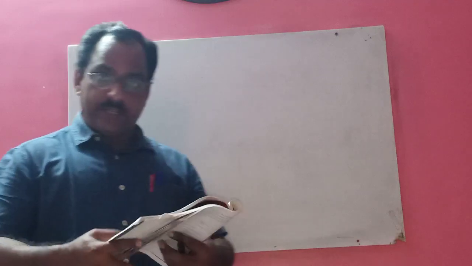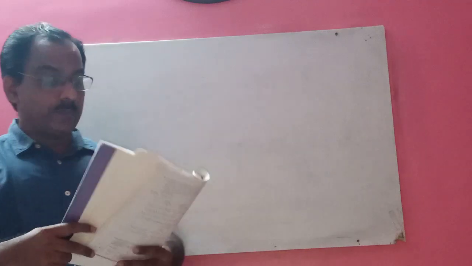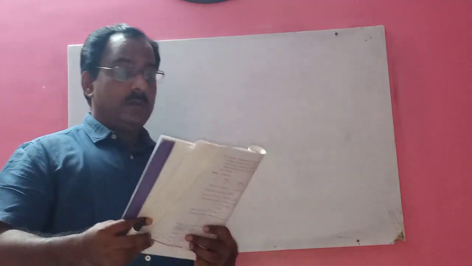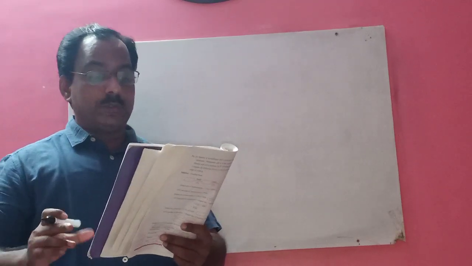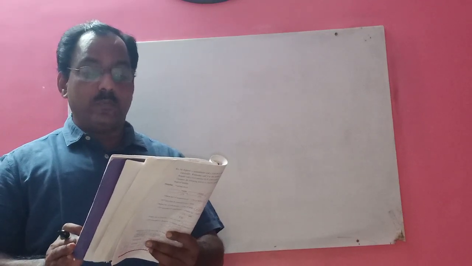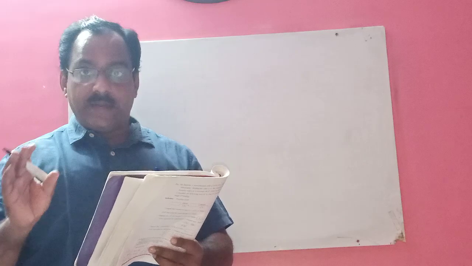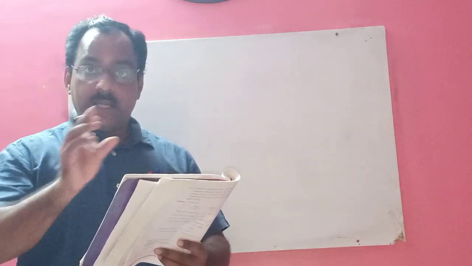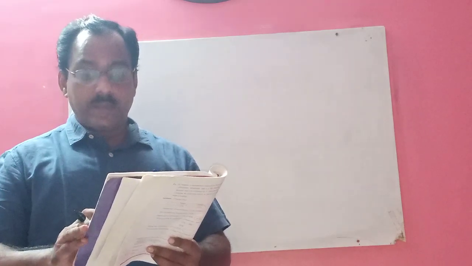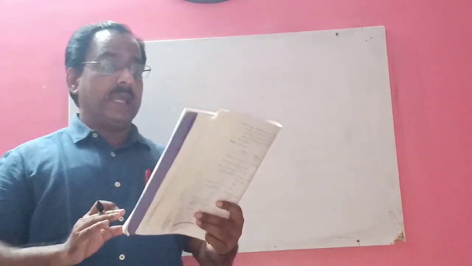So children, just open your textbook, page number 95, exercise 4.2. Question number 1. See what is given. Chetna store paid total GST of rupees 1,05,000 at the time of purchase. Right? 1,05,000 is the GST paid by Chetna store at the time of purchase. So this will become what? Input tax. And collected GST rupees 1,22,500 at the time of selling.